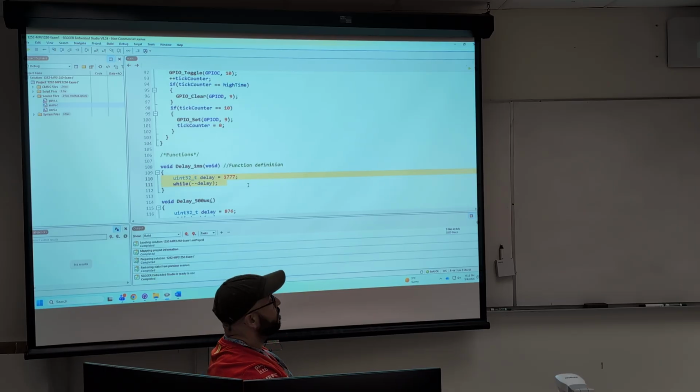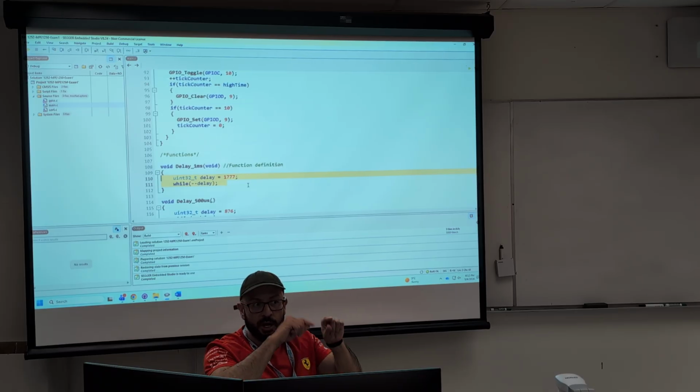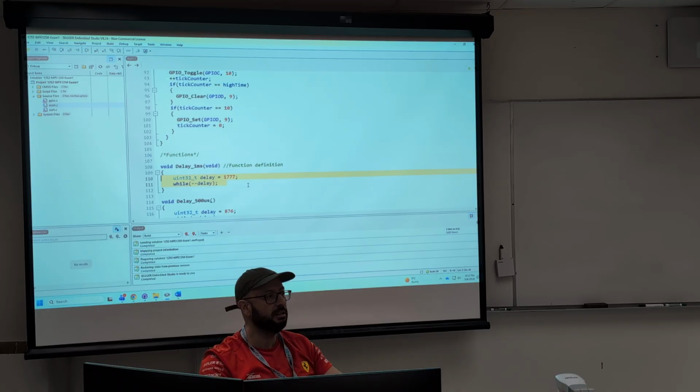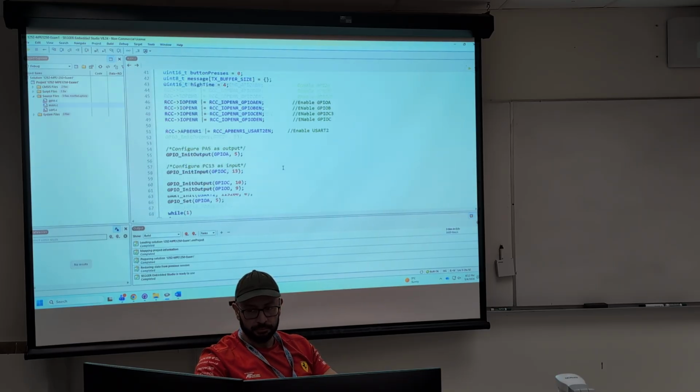So the names you give to the functions are important, because when there are no comments, the function name could be self-explanatory of what the function is doing. Now, if you coded a function that delays for 500 microseconds, yet you call it delay 1 millisecond, that is very misleading, right? I know that you're in a rush in the exam and trying to edit there, but that's not the right thing to do. You should copy and paste it and rename it, right?